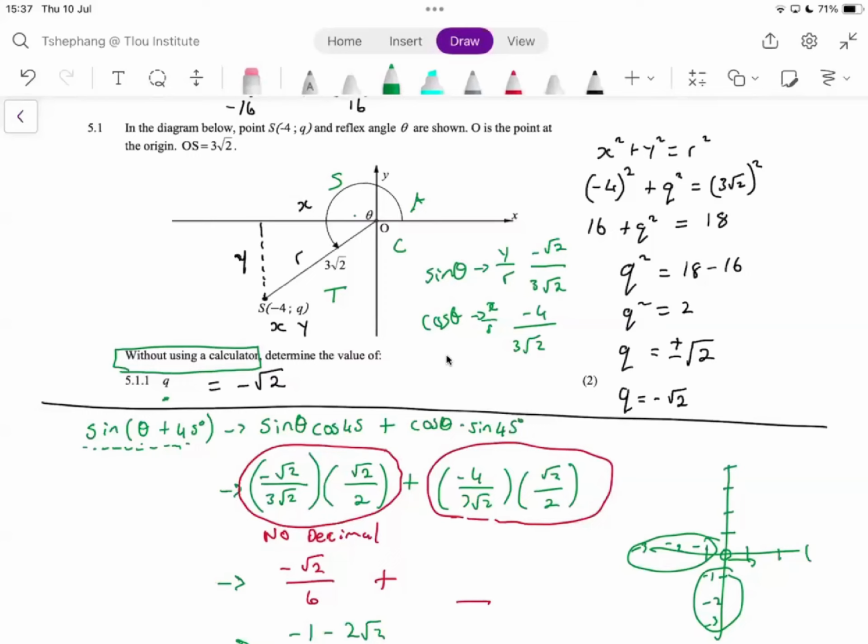Okay, so yeah, when you're given theta, you have to make a triangle for yourself. And then usually they will give you a restriction. I think I do have a question like that where they give you a restriction. They'll tell you that theta lies between maybe 270 and 90, something like that. And then they'll also give you something else where you have to determine the quadrant. Okay, now moving on.